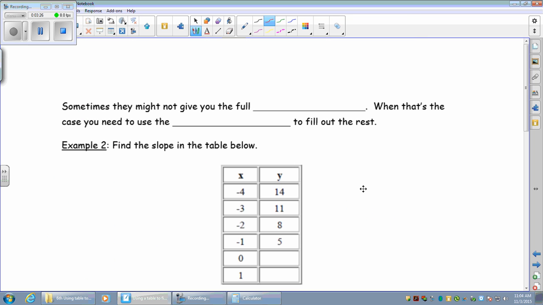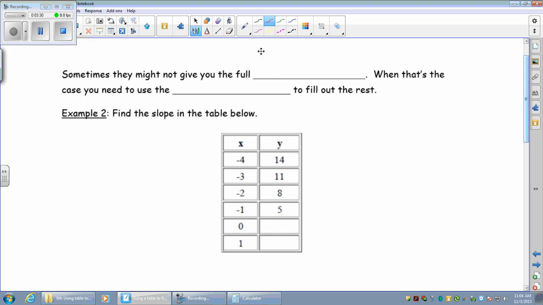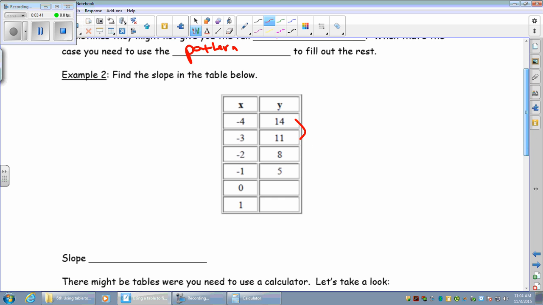Moving on, example 2. Sometimes they might not give you a full table. When that's the case, all you need to do is use the pattern to fill out the rest. So taking a look at this side, it's going down by 3 each time. Because of that, my next one's going to be 2, and my one after that is going to be